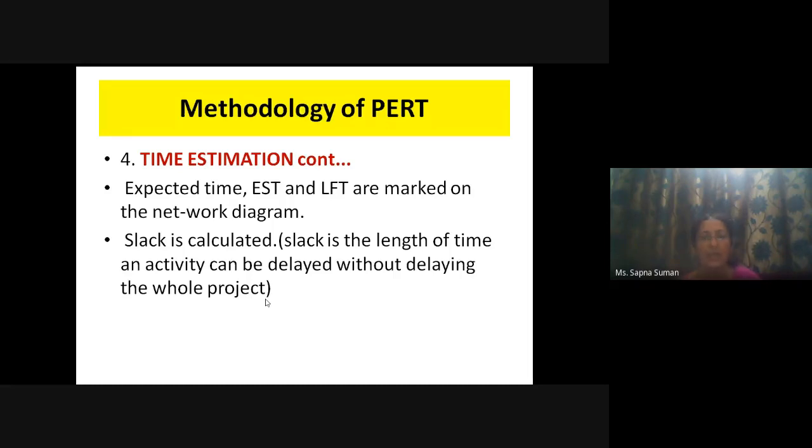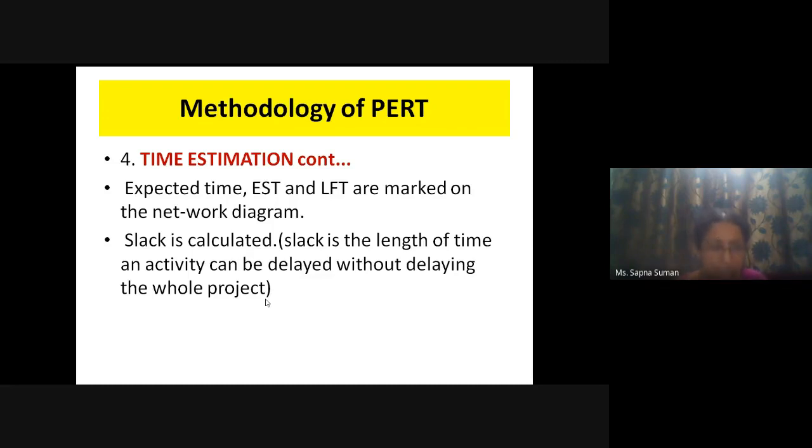एक प्रोजेक्ट, एक परियोजना जब समाप्त होगी, उसके बाद उसके बाद वाली परियोजना की शुरुआत की जाएगी. तो कितनी देर तक, अगर कोई गड़बड़ी हो जाती है, कोई समस्या आ जाती है, तो कितनी देर तक हम लोग एक परियोजना को रोक के रख सकते हैं या उसको डिले कर सकते हैं ताकि उसके बाद वाली परियोजना पर कोई प्रभाव ना पड़े. ओके, सो ये जो कैलकुलेशन है इसको हम लोग स्लैक कहते हैं. एंड दिस इज ऑल्सो द लेंथ ऑफ टाइम. ओके, दिस इज ऑल्सो अ टाइप ऑफ टाइम ओनली.